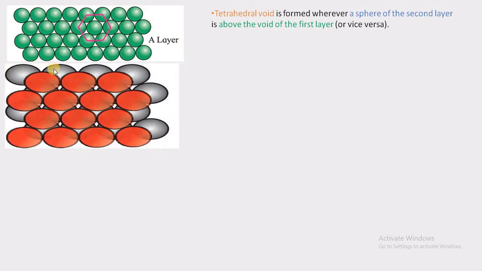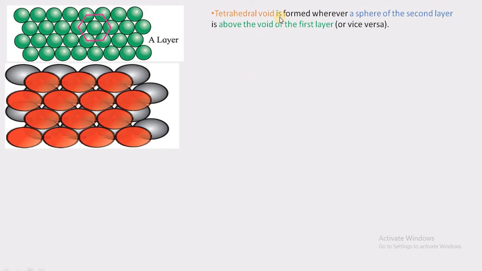That means this is a layer which is black in color, and the red colored layer is also of AB type, but it is considered as a B layer. And now the black layer is considered as A layer, and the red one is a B layer. Due to this type of arrangement, two types of voids, empty spaces, are created, and one is